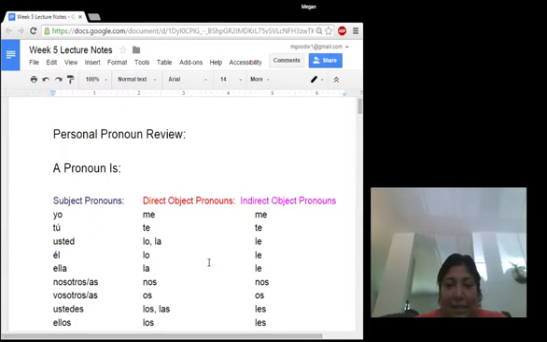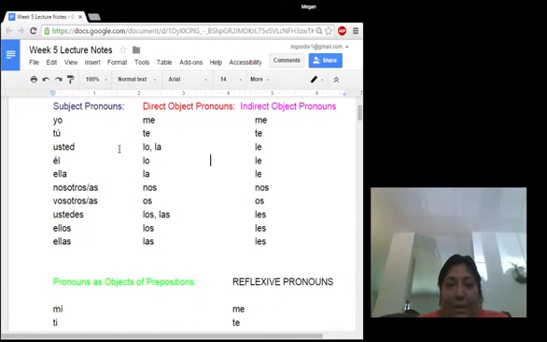The first thing we're going to do is review all personal pronouns. From Spanish 1, as you remember, the subject pronouns are as follows. Also from Spanish 1, the direct object pronouns are as follows. And recently we learned about the indirect object pronouns, where remember that indirect object pronouns answer the question to whom